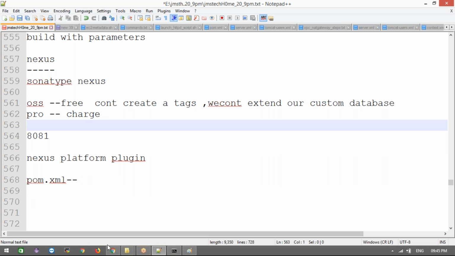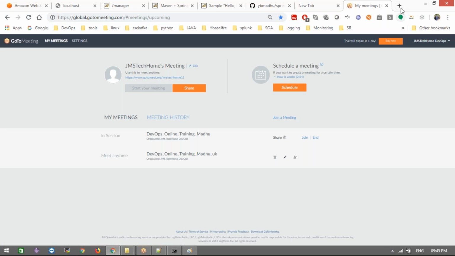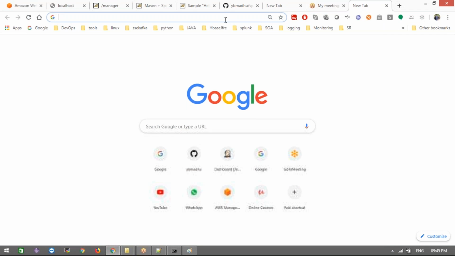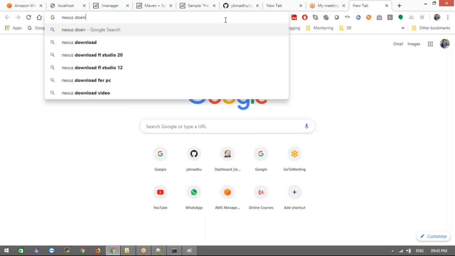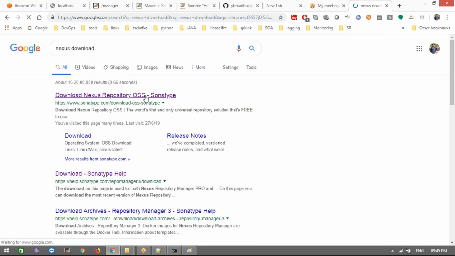If you want to download Nexus, go to your browser and simply search for Nexus download. Click this OSS Sonatype Nexus.